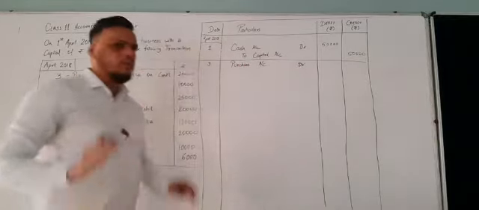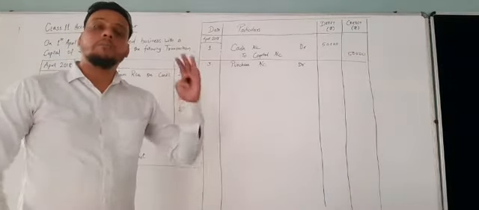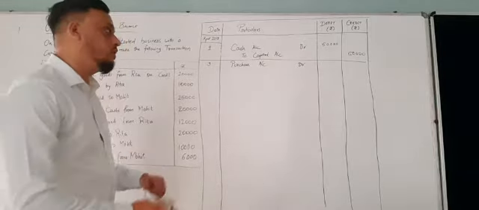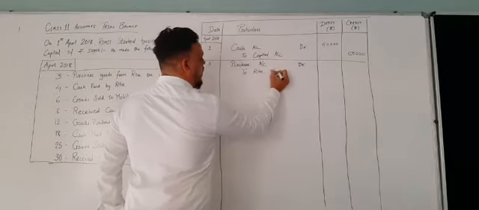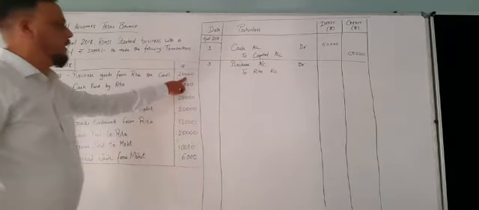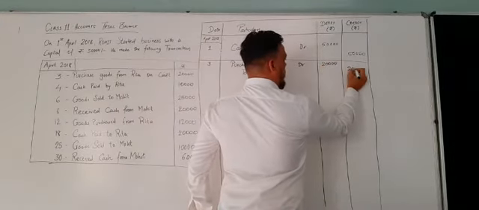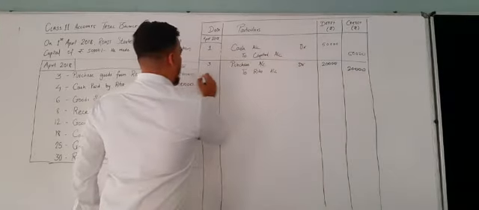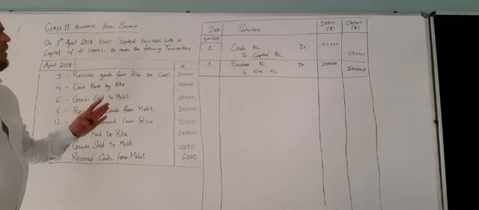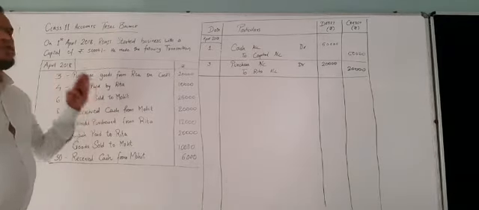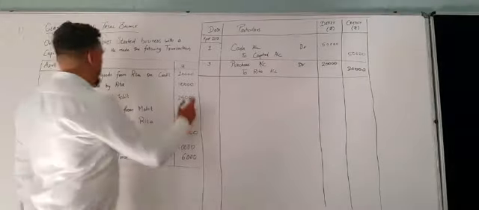अकाउंट डेबिट। अब जिसका प्रॉब्लम है कि उनको ये नहीं पता कि परचेज डेबिट होता है या क्रेडिट होता है, तो परचेज हमेशा डेबिट होगा। Be clear with this. To Rita account. The amount was 20,000, so I am writing here 20,000. Here also I am writing 20,000. This entry is also over. Here you can write: purchase goods from Rita on credit basis. You can write accordingly.